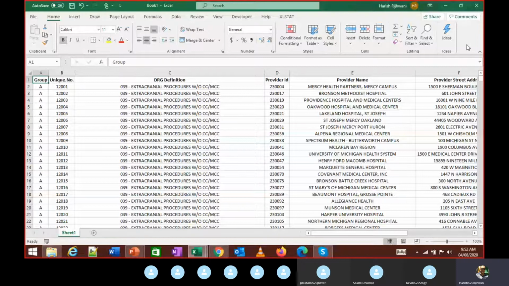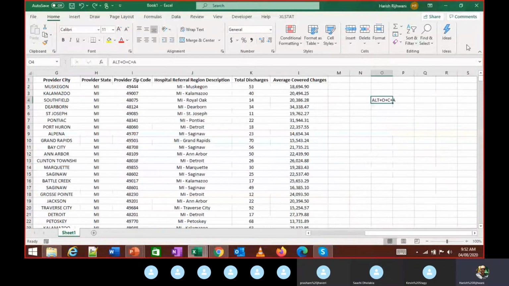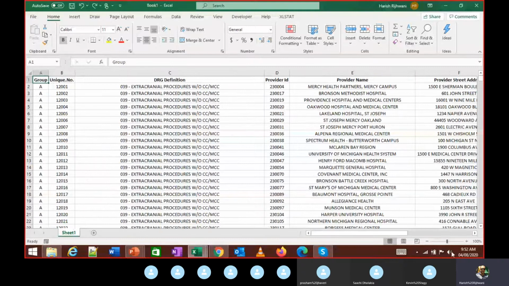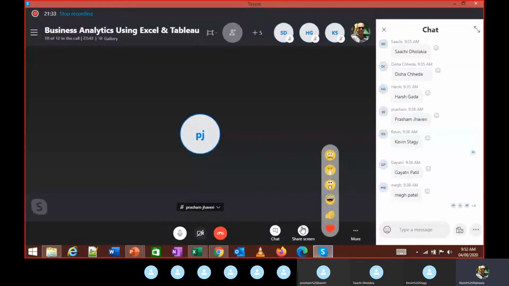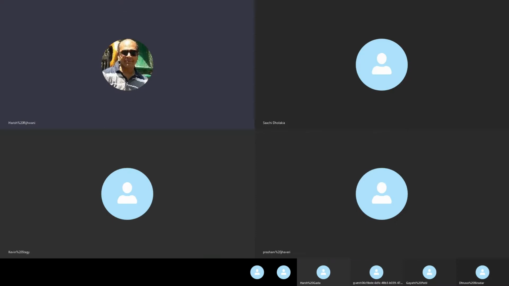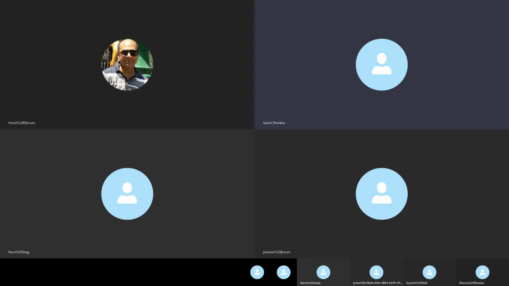Can you do it? I'm not getting it. Okay. Can you share your screen? I've stopped sharing. If you can share your screen, I can quickly check what's working, what's not. Can you see it? Not yet. A black screen.